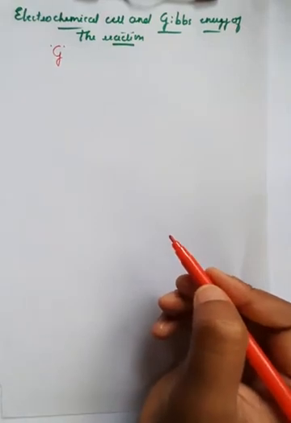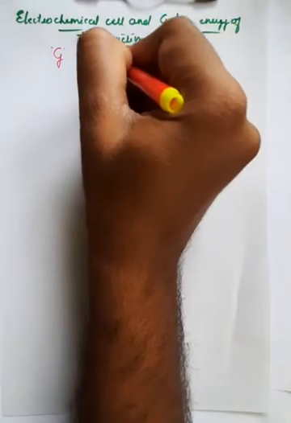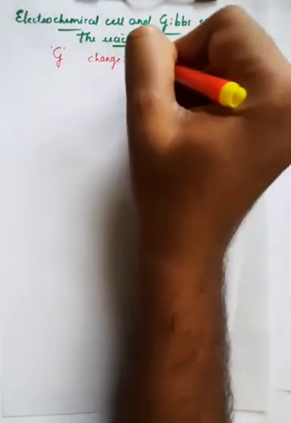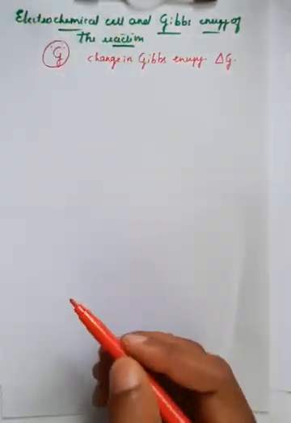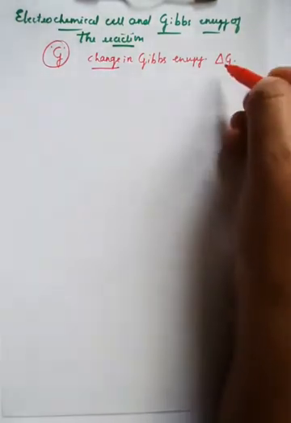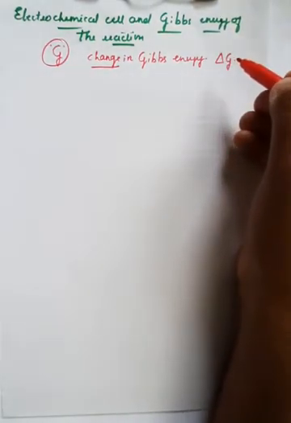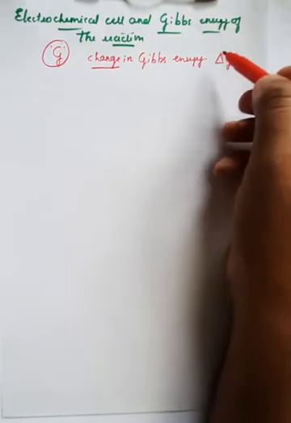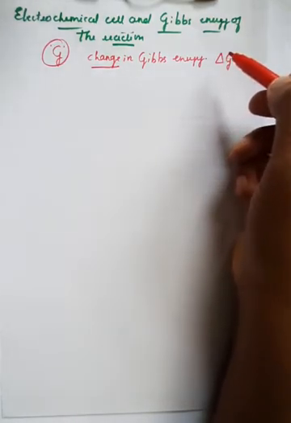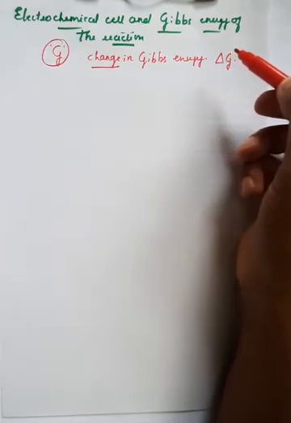So when it changes from one value to another value, we call that the change in Gibbs free energy, and we can denote this with delta G, right? G means Gibbs free energy, and whenever you apply the word change, delta represents the change in value. Initially it will have some value, but after the formation of product it will have a change in the Gibbs free energy. Generally, we know that the Gibbs free energy is the total available energy, which can be used for further work. We call it Gibbs free energy.